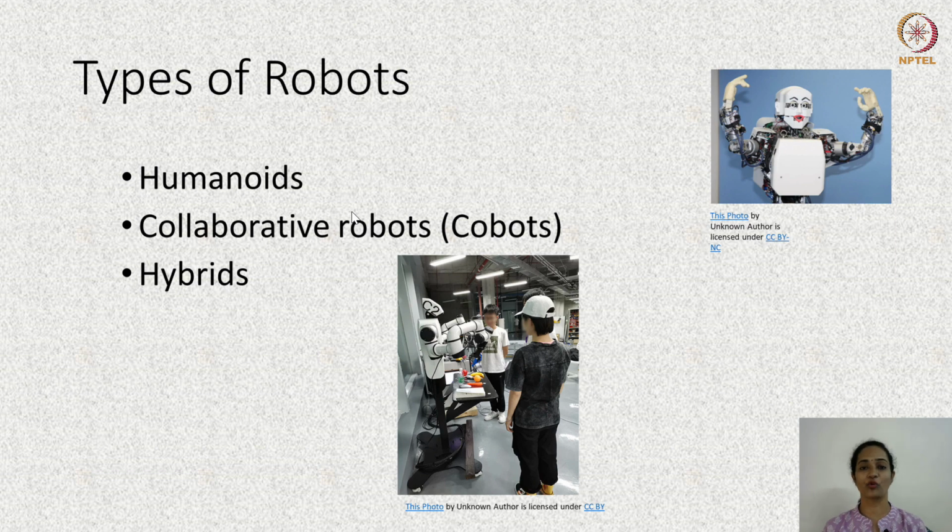The next category of robots are the cobots. Cobots are collaborative robots for short. They have an added advantage over humanoids. That is, a cobot is capable of manipulating an object along with the human team member. Humanoids, even though they look or have certain features of humans like faces, are not designed to manipulate an object along with another human being.